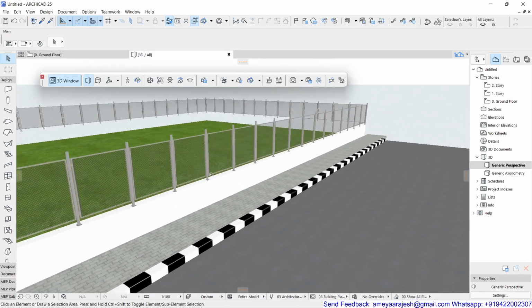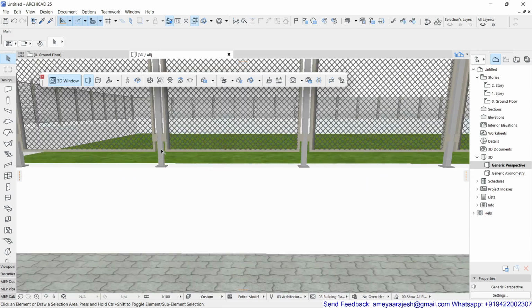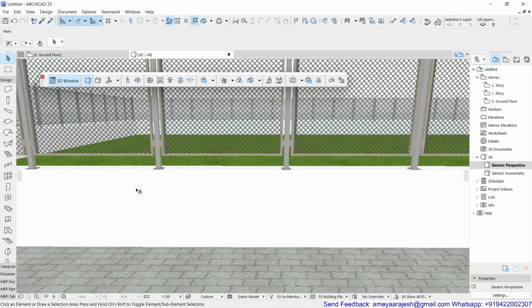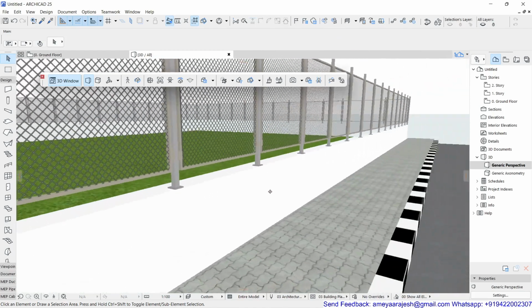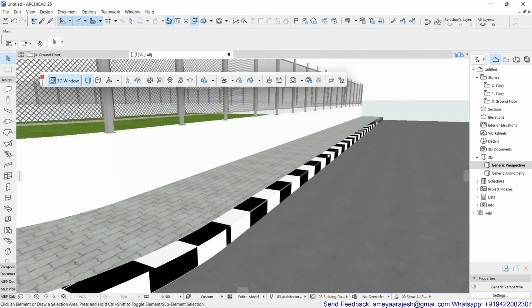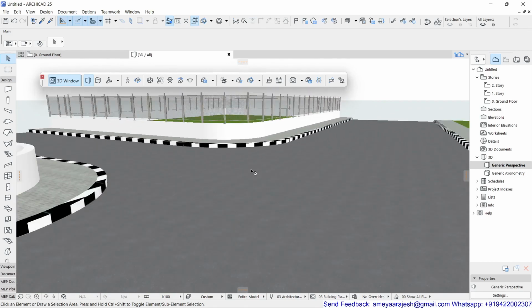And so the offset, you can remember the 1000 was the offset because my projection of the post was supposed to be from the -100. So that way, altogether, between the bottom of the railing and the ground, there was a 1000 gap, not the 900. So all these things you just have to make sure, you just have to fine tune. I hope you have understood, and definitely you can achieve better and quicker presentations.